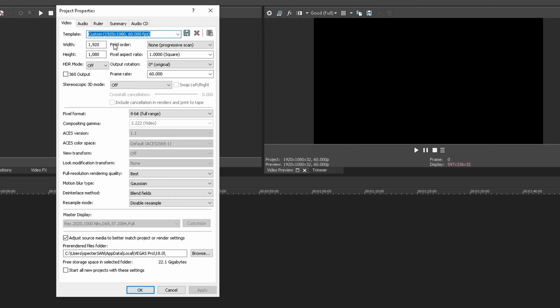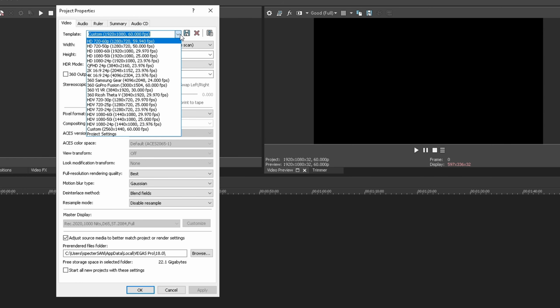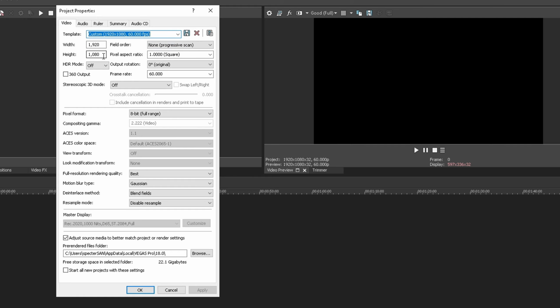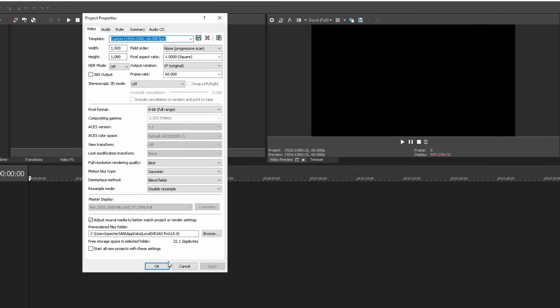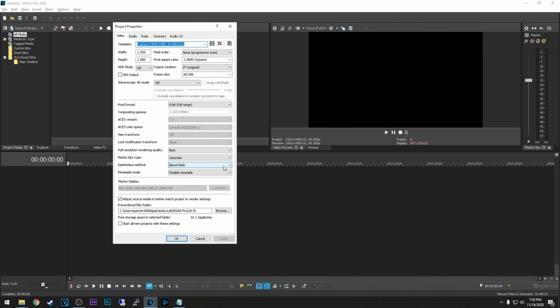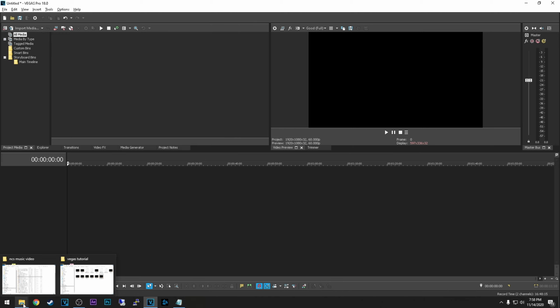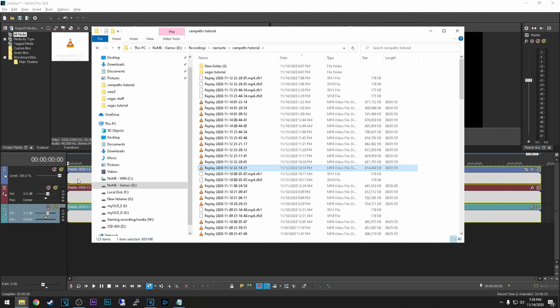For YouTube I'm using the 1440p resolution because the YouTube codec will be better and I can get a better quality looking video if I'm rendering in this custom resolution. You don't need to film in 1440p, you can just use these settings to upscale the video resolution, and once you upload it to YouTube you will get a better codec for it. If you want more details regarding this aspect, search on YouTube AVC versus VP09 and you will see the differences right there. So now let's import a video, this one right here.